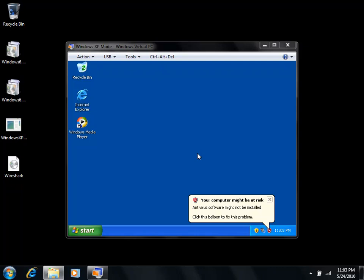So if you have a real need to run an older application, and if Windows 7 doesn't run it natively, then it's a good bet that